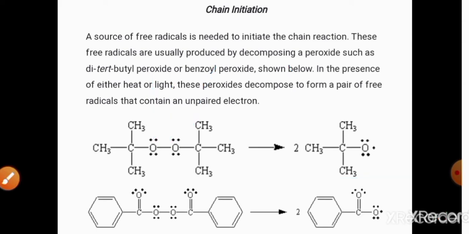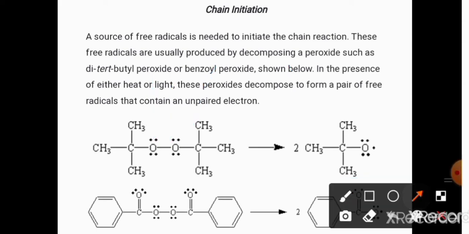In a similar way, let us see how benzoyl peroxide undergoes homolytic fission to form its free radical. Again here, the bond between two oxygens of benzoyl peroxide breaks down to form a free radical, that is the benzoyl free radical. The two bonding electrons are shared equally between the two oxygens. Both oxygens will acquire one electron to form free radicals.